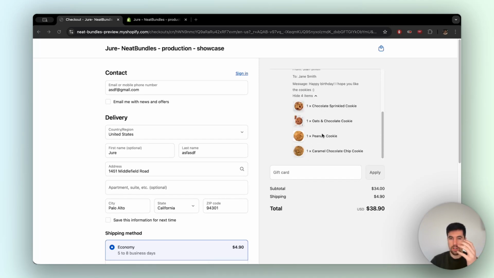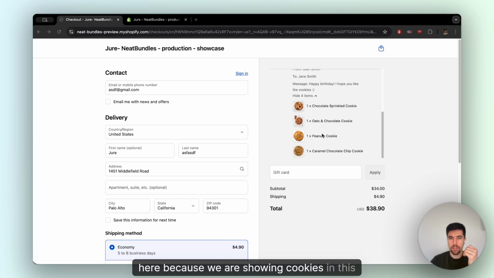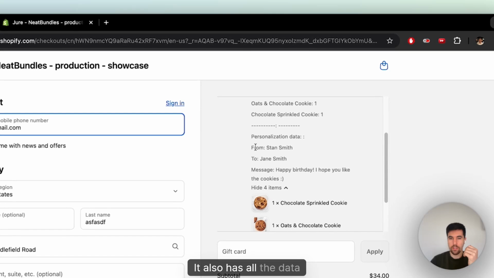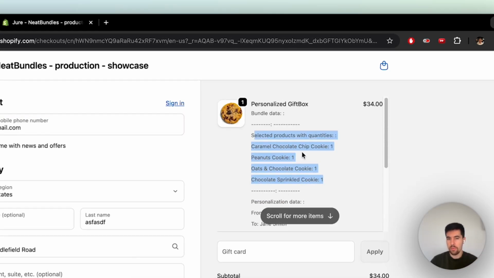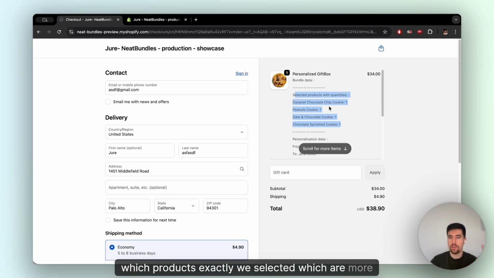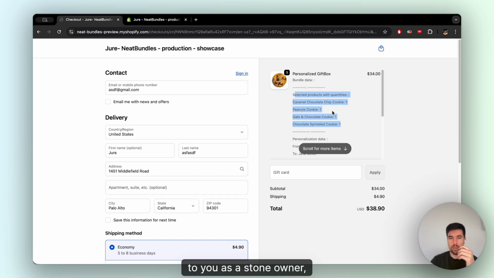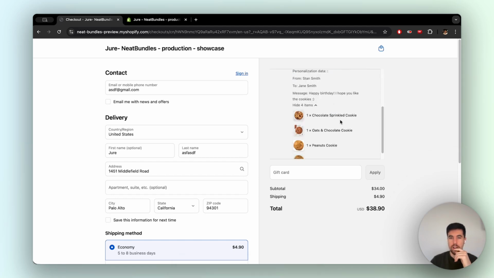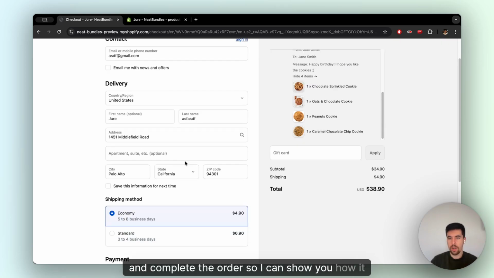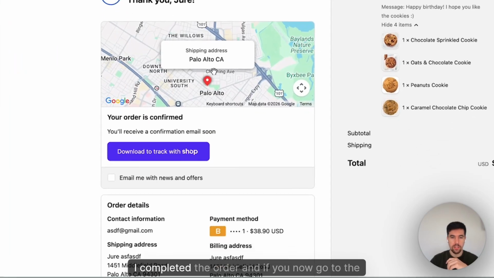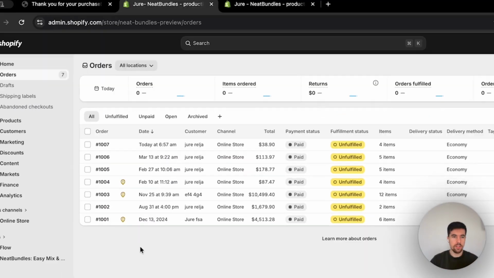It has these cookies here because we are showing cookies in this example. It also has all the data we inputted, and it also has some other information, like which product exactly we selected, which is more useful to you as a store owner, but not that useful to me as a buyer. Let's just quickly fill in these input fields and complete the order so I can show you how it looks in the admin. Okay, I completed the order, and if we now go to the admin here